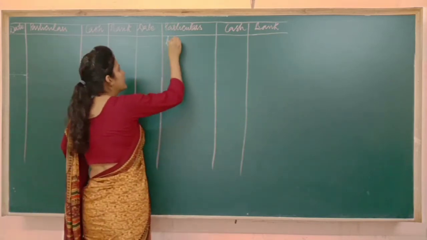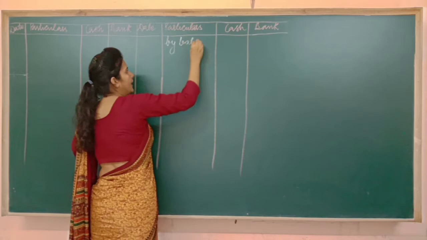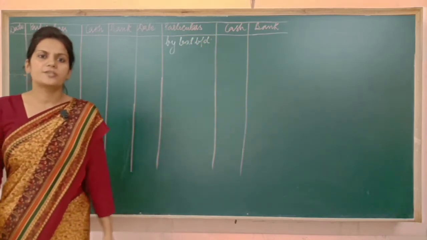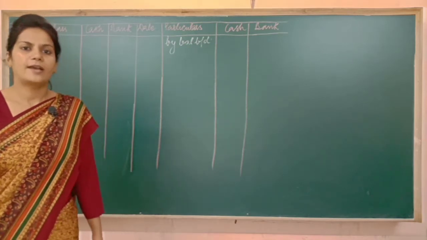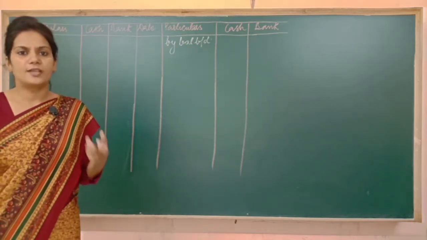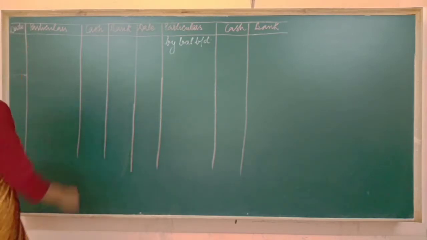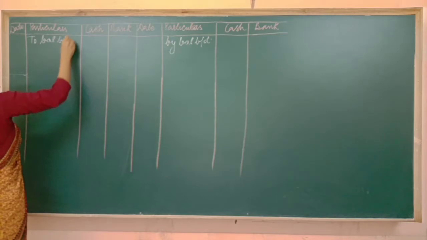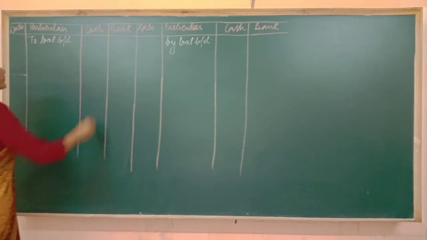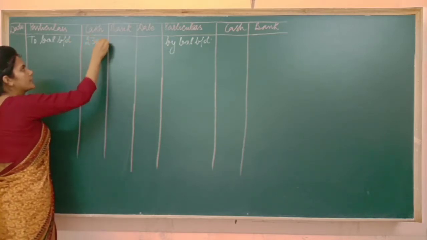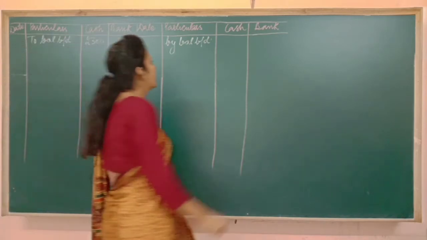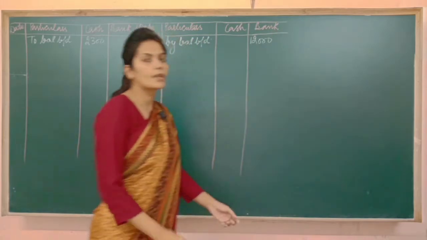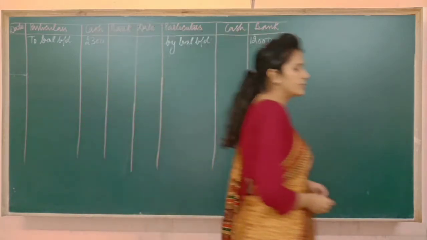So here I write by balance brought down. And in case of cash, it is given to us cash in hand. So cash in hand means the amount of cash left with us. It's an asset, so it will always have a debit balance. To balance brought down. The amount of cash in hand is 2,300 and amount of your bank overdraft is 12,000. Now read the next transaction.